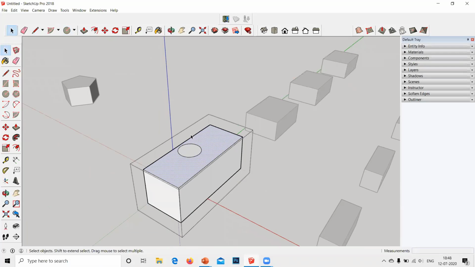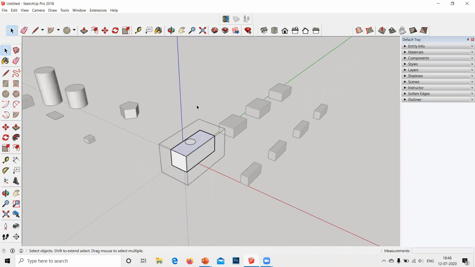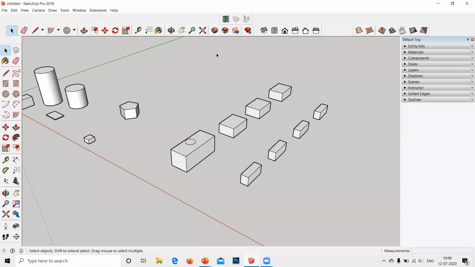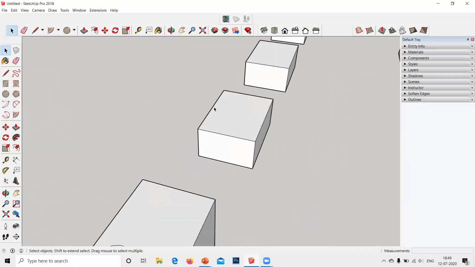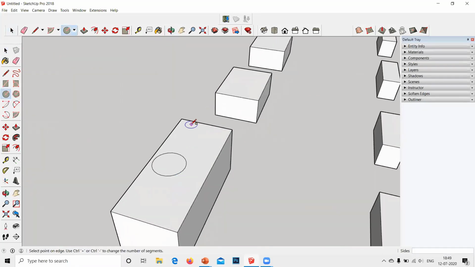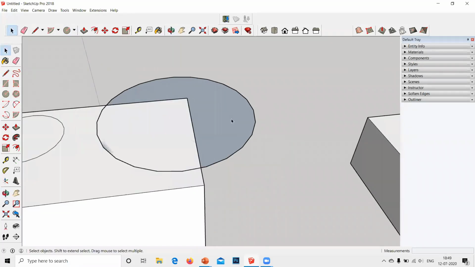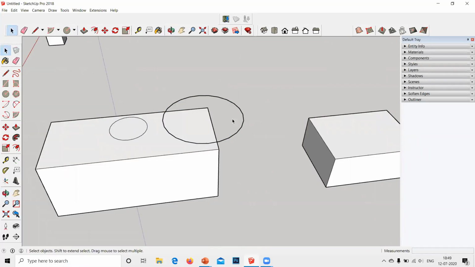So to enter inside a group, you have to double click on it, and to exit out of this group, you have to just click somewhere else. I just exited. If you want to do anything again on this, again nothing will happen. There's this face which has been made. Okay, I'll just delete it.